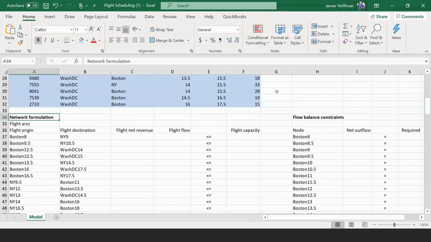Okay, so we're still setting up the model with the appropriate colors. Down here we have the network formulation, the flight arcs. One of the things we're deciding is which planes or which flights to choose, and that's under the flight flow area. And so starting here,